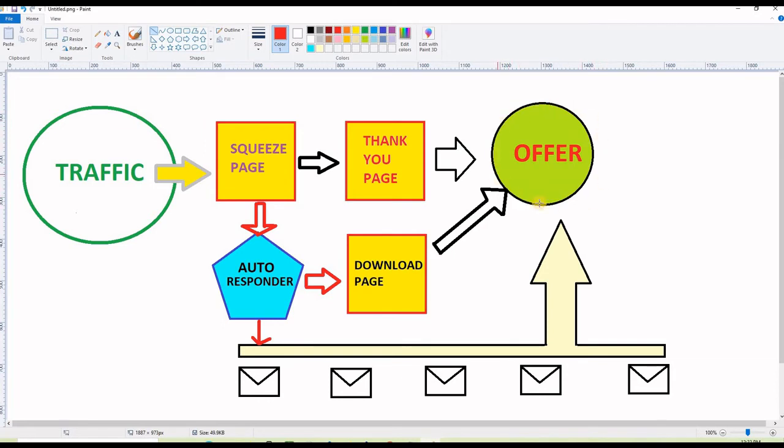So this is the offer I was approved to promote, and all this is created by me. I'm targeting two things here. The first is that I am building my email list, because I'm sending all the subscribers to my autoresponder. The second is that I will be promoting this offer here on the thank you page or bridge page, and